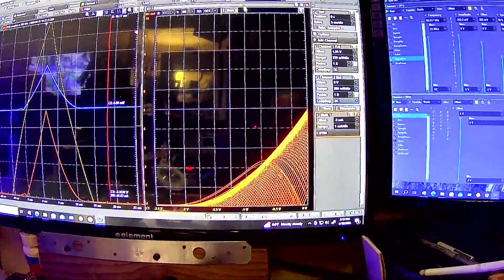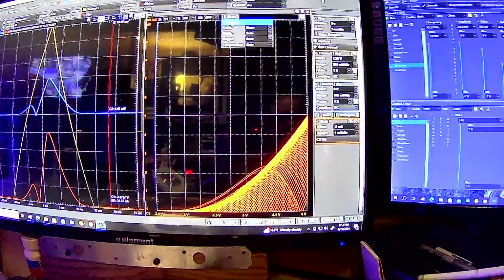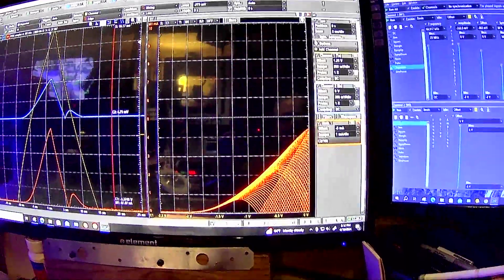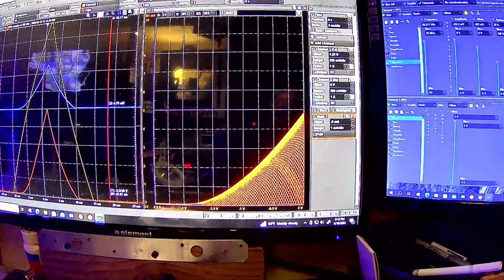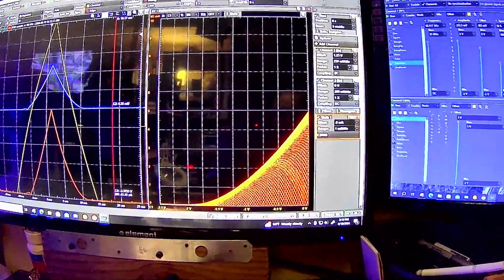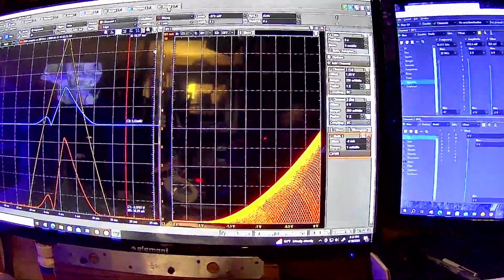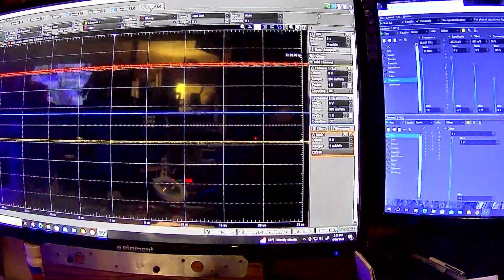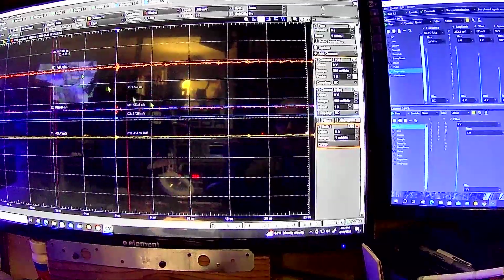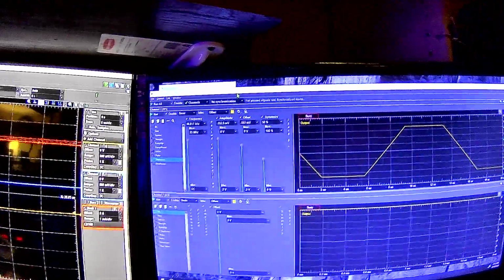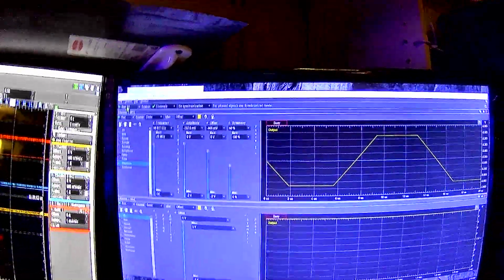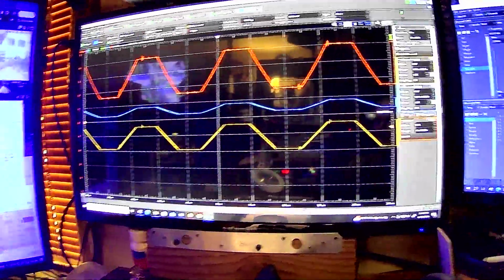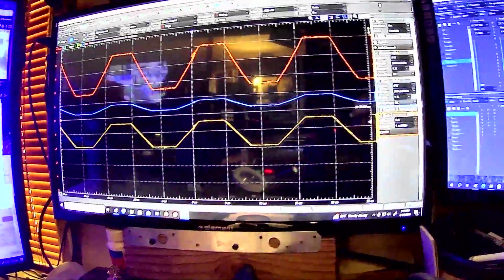So let me set that back up. So that makes it easy to go back and forth. If I wanted to go back to the amplifier version, let's go over here and hit run, and go back over here and hit run all. And now we're back to it being an amplifier. So again, if I wanted to measure